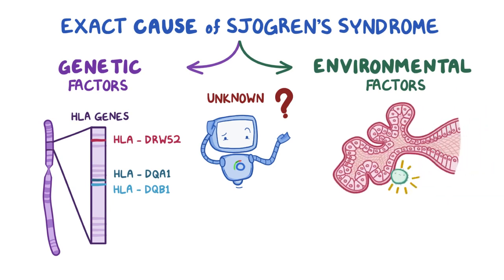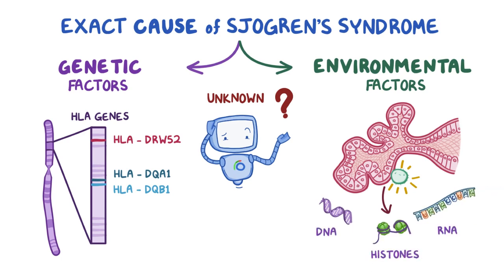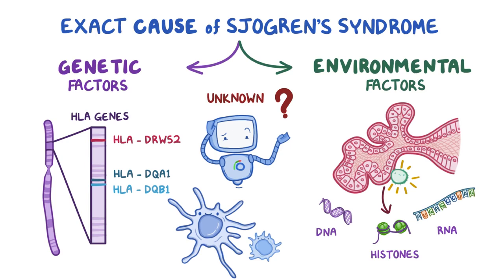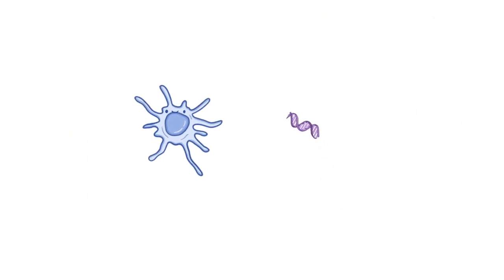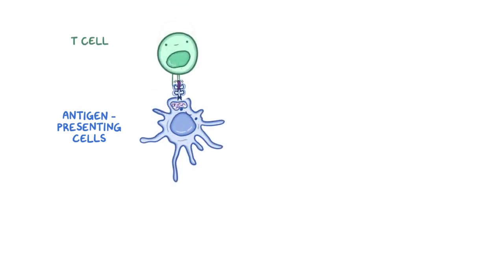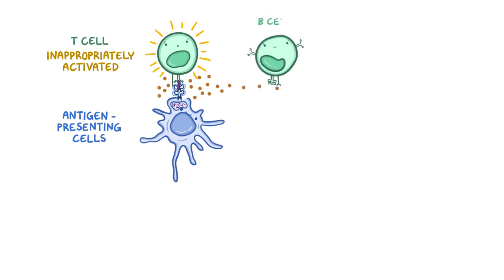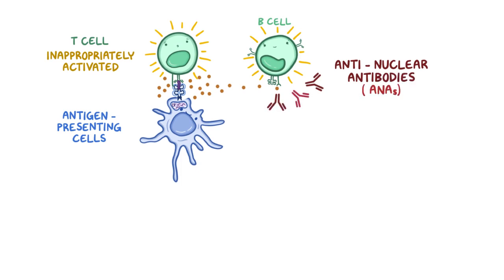Infections can damage the cells of the salivary gland and expose their cell components, including their DNA, RNA, and histones, to circulating immune cells. These cell components get picked up by antigen-presenting cells and presented to T cells. In individuals with Sjogren syndrome, a T cell gets inappropriately activated by these nuclear components and considers them to be foreign nuclear antigens. The T cells then activate B cells, which start producing anti-nuclear antibodies, or ANAs, which are antibodies